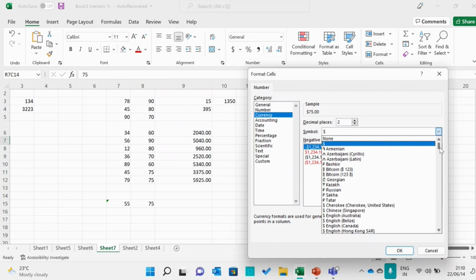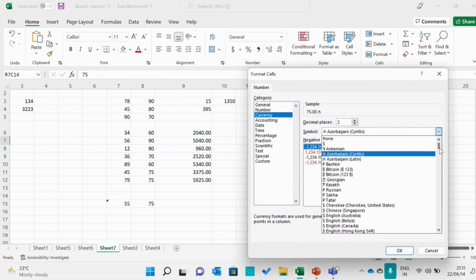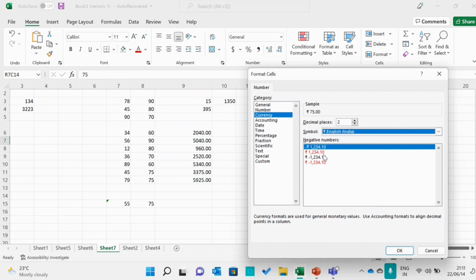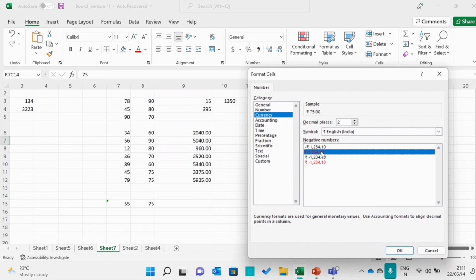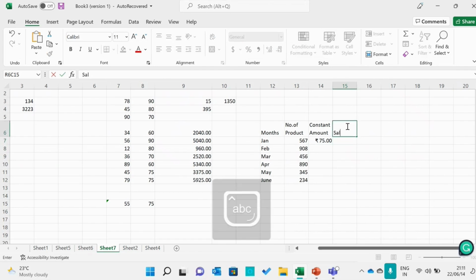So let me scroll down. So I'll be using the rupee. And I'll be doing okay. Now that this is done, right? Now I've got to know what is the multiplication value of this. So let's say C. So we'll do equal to,